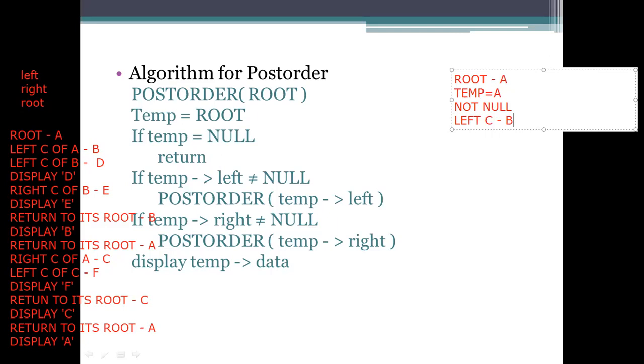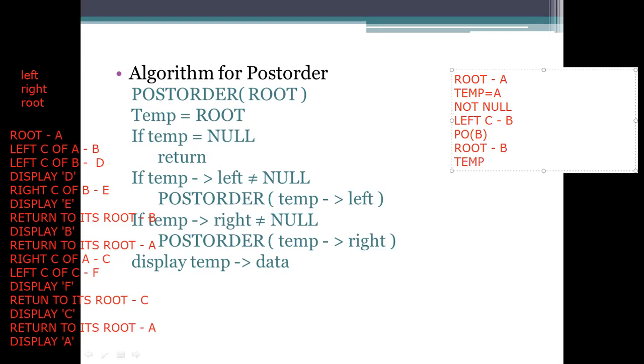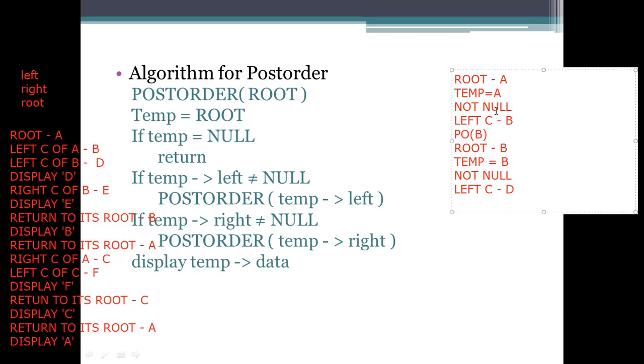B. Okay. Now post order of, I'm writing it as a pivot. Post order of temp left is B, which we specify as A, now the root is B, temp is equal to B, and it is not null. Go for the left side of that one. So the left child is, what is the left child here? D. Okay. See, is it null or not? Yes, it is null. What happens here? It is null. It returns the value.